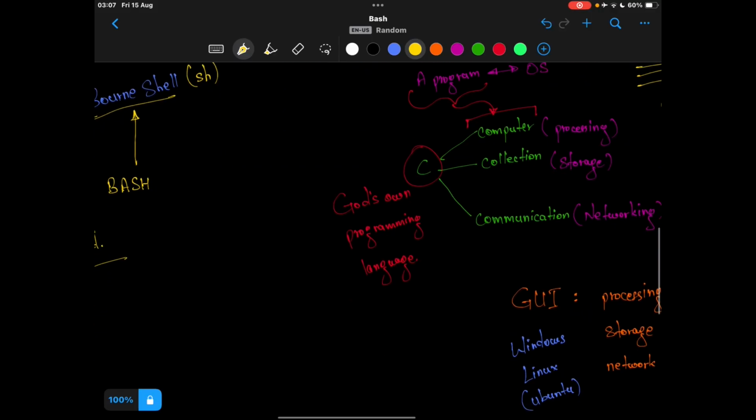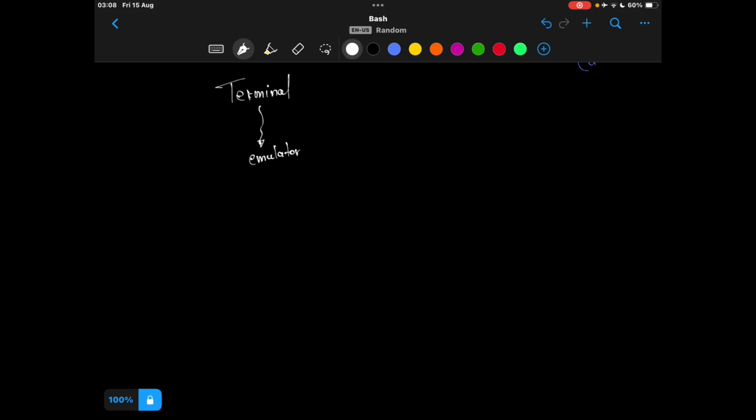This was the introduction. Now sometimes we also have confusion about what a terminal is, since shell is one thing and terminal is another. To give you a feeling about it, terminal is just an emulator. I hope you must have used some sort of emulators to play Android games on Windows.